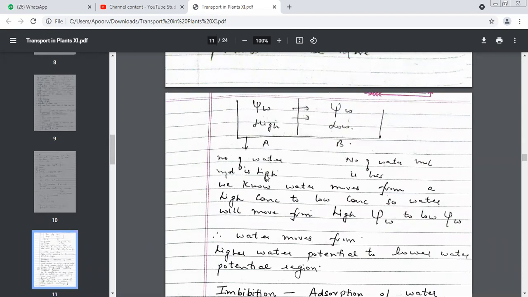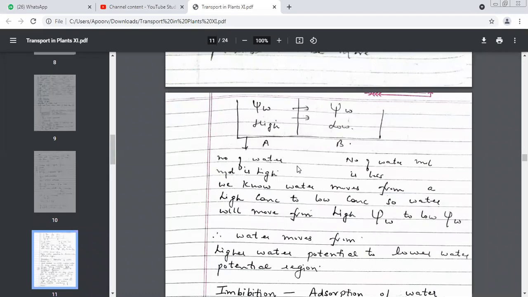Because in high we have more number of what? More number of water molecules. Yes. And wherever water is more, it will always move from that area to an area where the water is less. So these are 2-3 things which are related to each other, children. Understand again. If the number of water particles is high, the value of xi w is more. High. Yes, very good. And if the number of water particles is less, then xi w is less.